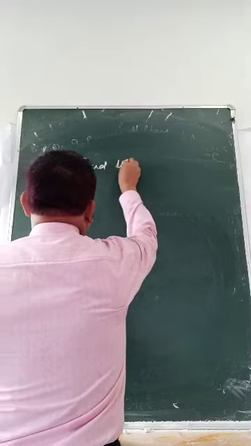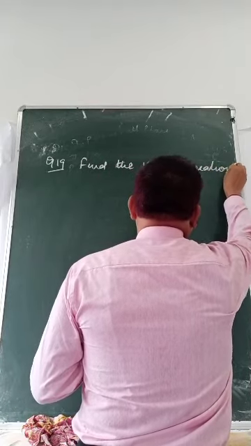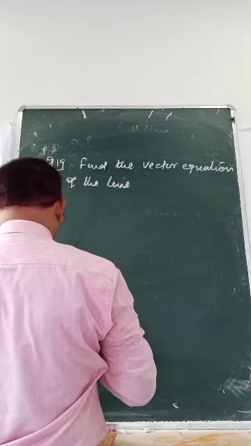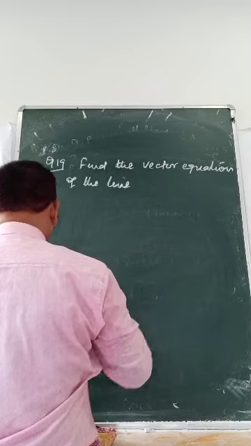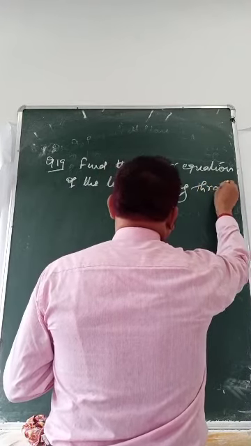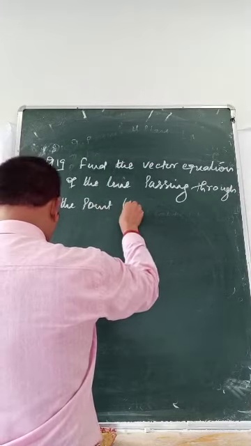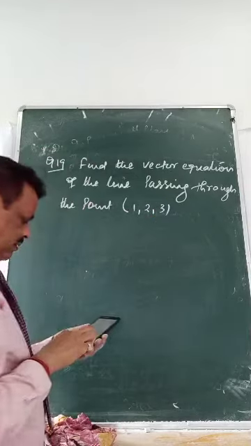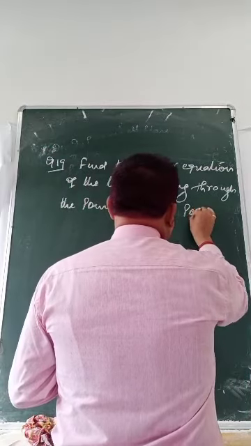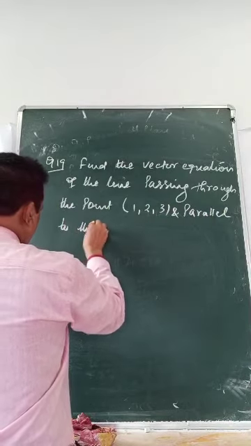Find the vector equation of the line passing through the point (1, 2, 3) and parallel to the planes